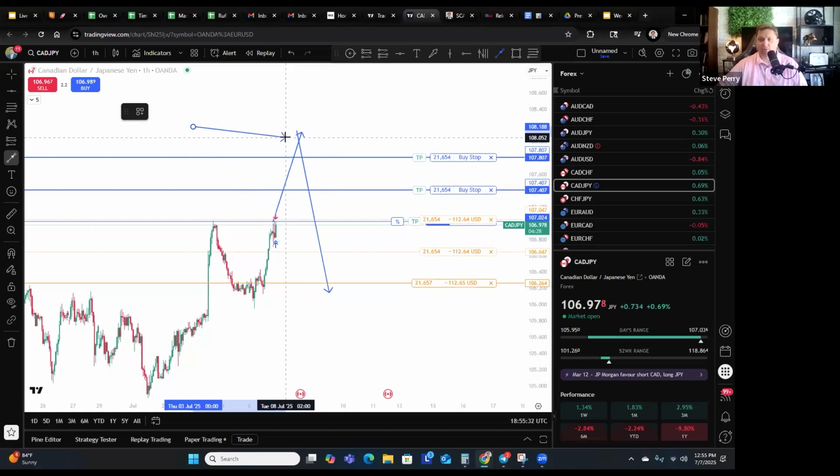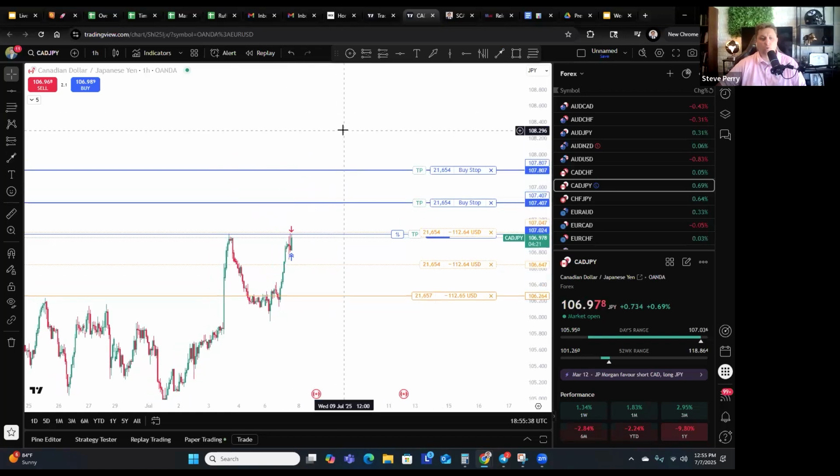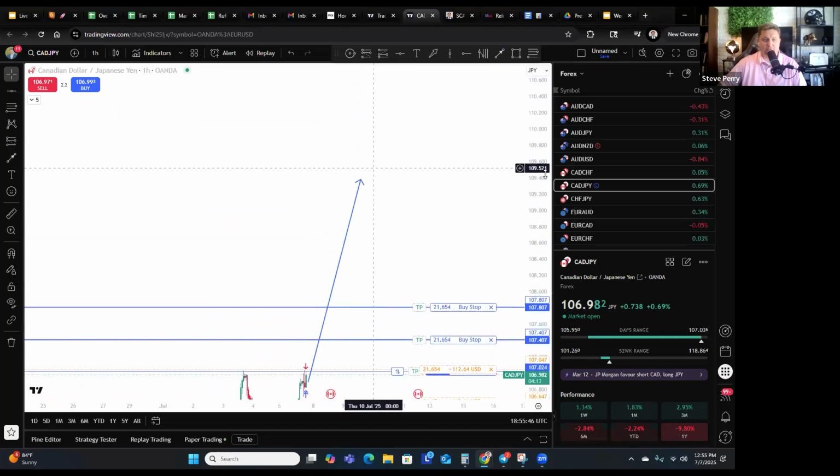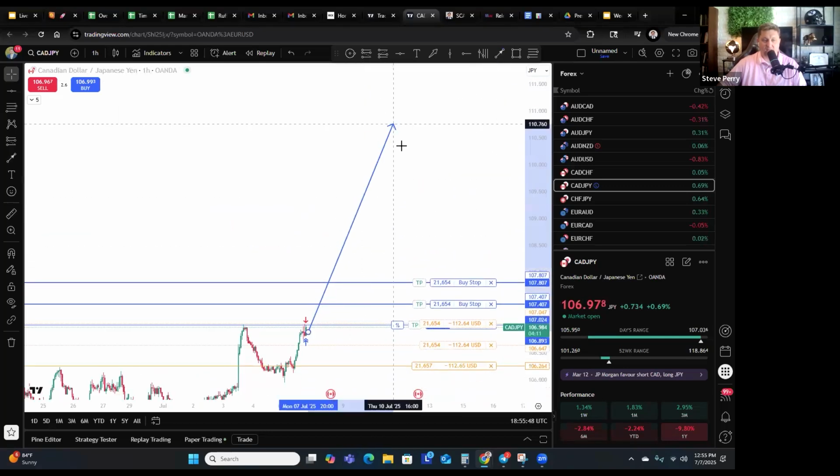There's really nothing you can do about that. It's just unfortunate, and you are going to lose a good stack of money on those trades. But let me tell you this, if you keep doing this over and over and over again, you're going to have some winners that take off like this that absolutely cover any losses, any stupid